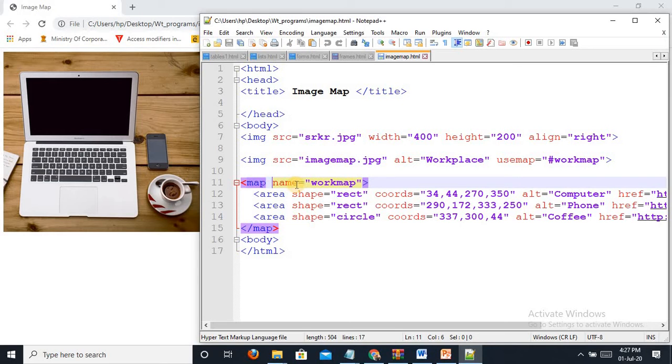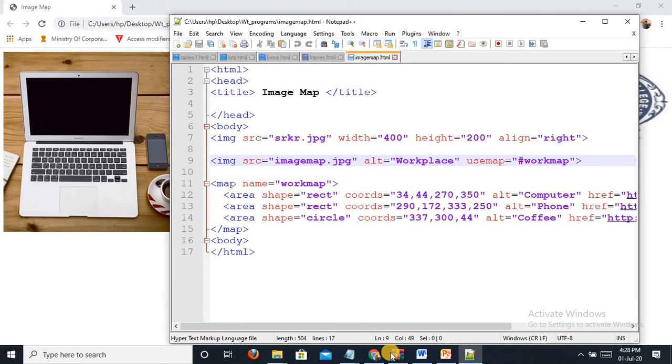What we have given in the name, we must give in usemap with the hash. Next is area. The area decides the part of the image where we want to click, where it should go, and the coordinates, etc.